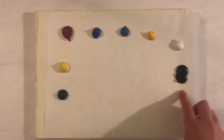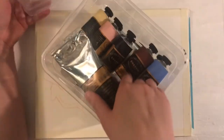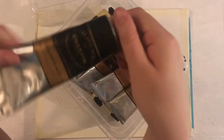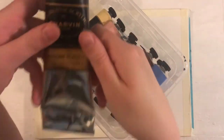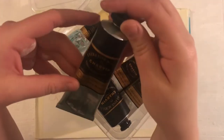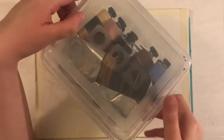my really expensive black, which is my Charvin acrylic, and there's not even a whole lot left in this one, so it's very precious because this is literally the only tube of black paint that I have. This isn't black, this is blue shadow, so yeah, this is the only tube of black paint that I have left. I have white, so that's not a problem, but now it's black,